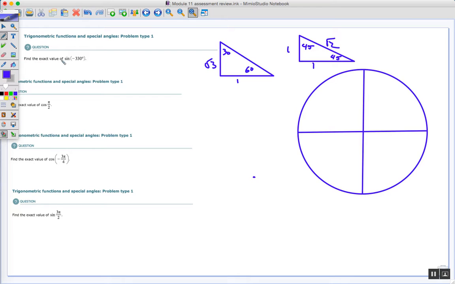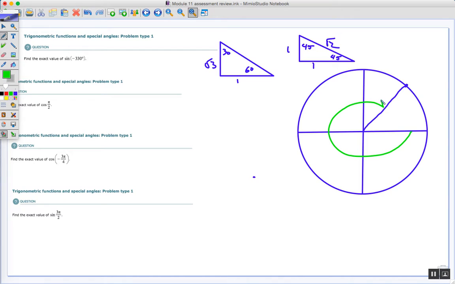So step 1 is to go ahead and plot this point on your unit circle. So negative 330 degrees. That means I start here. Negative means I go clockwise. So negative 90, 180, 270. So negative 300 is going to fall somewhere around here. So that's going to give me